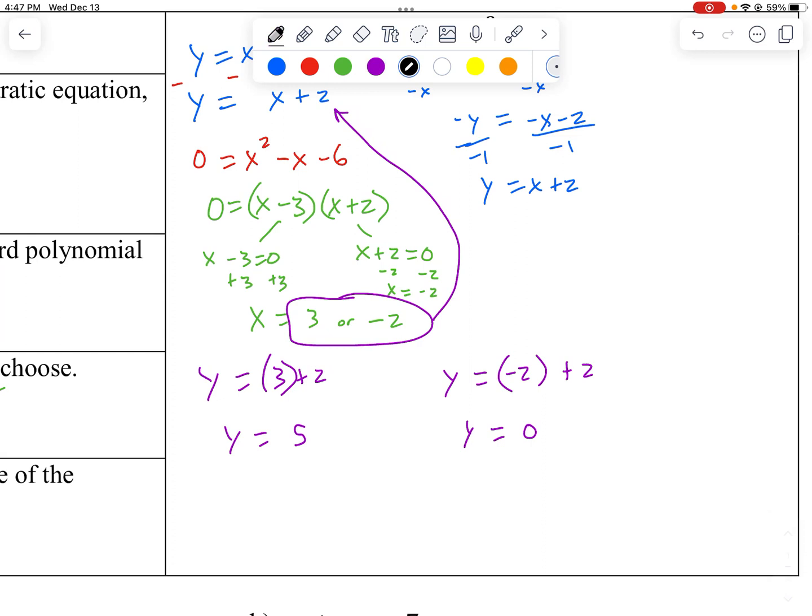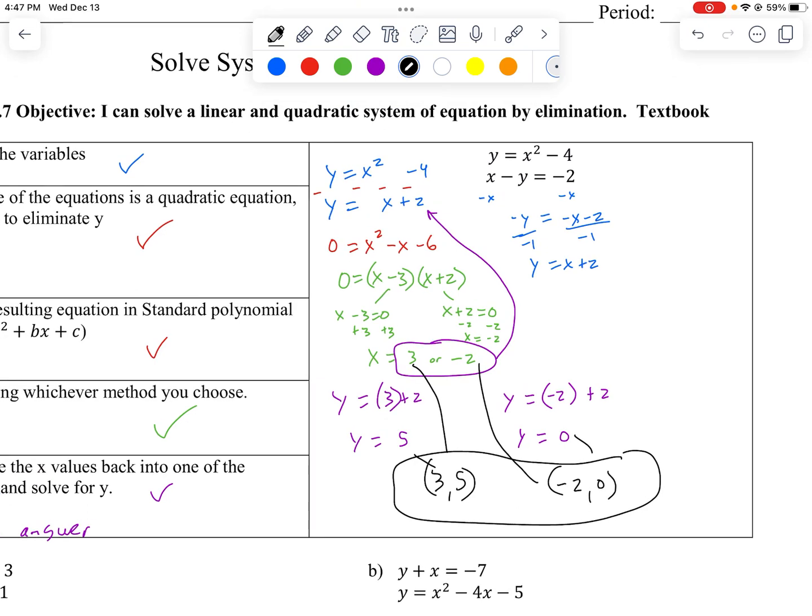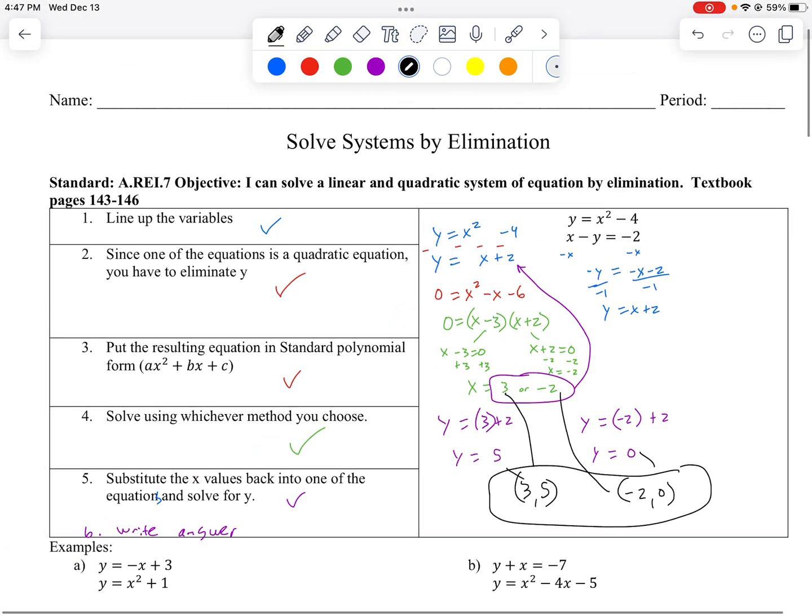Our first one over here takes the 3 and the 5, and that makes the point (3, 5). X goes first always. And then our second one here is the -2 and 0, so (-2, 0). And we got our 2 points where these functions meet. Hooray! So it's awfully similar to the process when we're using substitution, except you eliminate at the beginning instead of